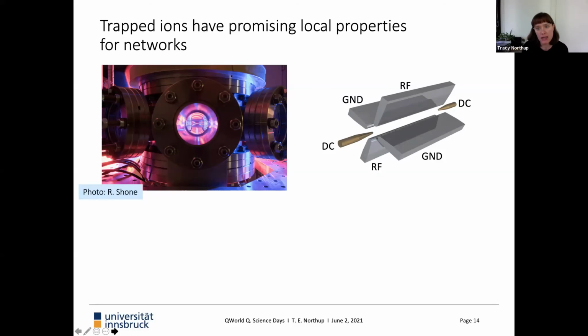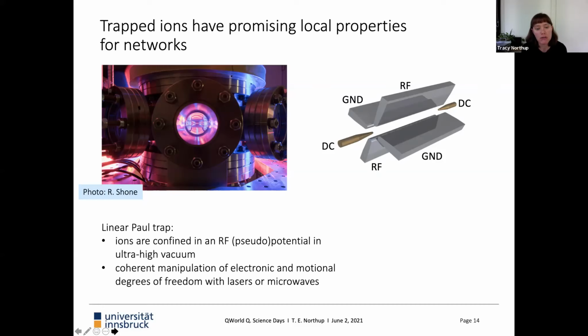Okay, so applying the radio frequency voltage provides a radio frequency pseudo potential in 2 dimensions. And then in the 3rd dimension, we apply DC voltages to provide a 3rd confining potential. As you may recall from Earnshaw's theorem, from electromagnetism, we aren't able to use electric fields to provide a 3D trapping potential, but we get around it with this idea of a pseudo potential. Essentially you can think of it like a saddle potential that's rotating so fast that the ion can't keep up, and so it doesn't escape.